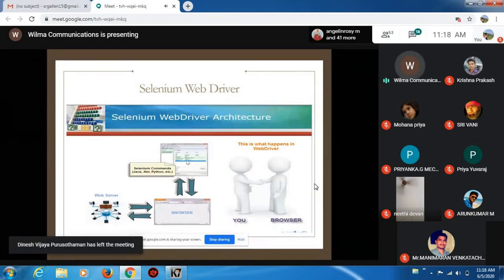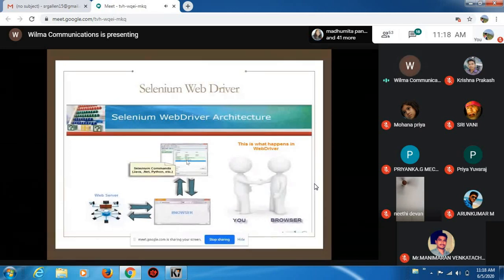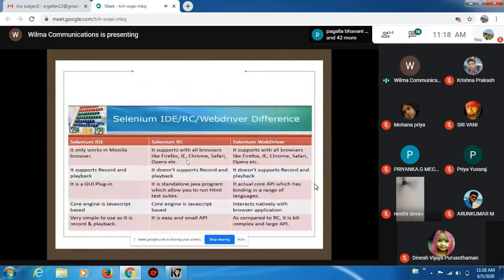Now, apart from Selenium IDE, Selenium WebDriver and Selenium RC, the fourth component will be Selenium Grid.